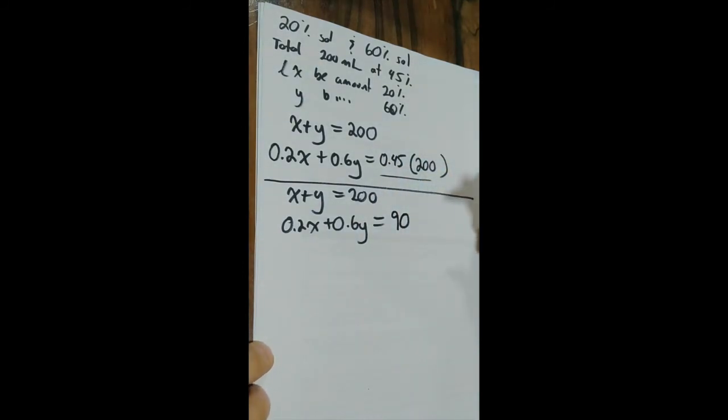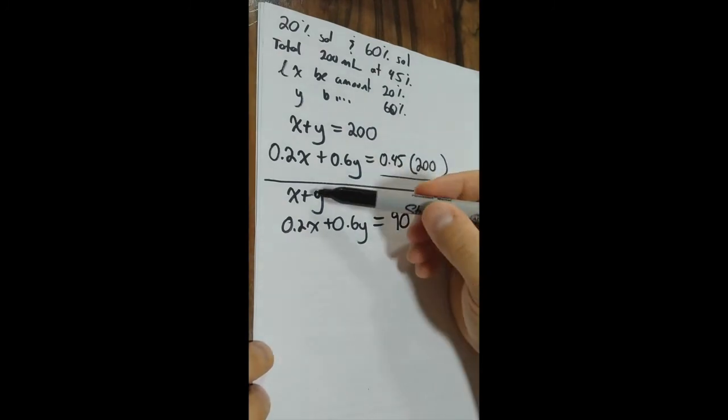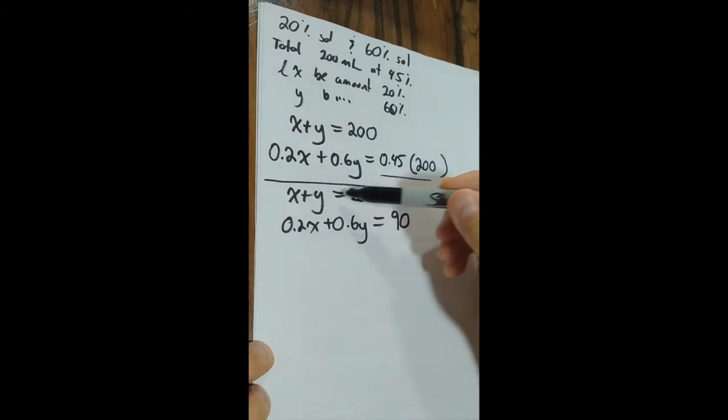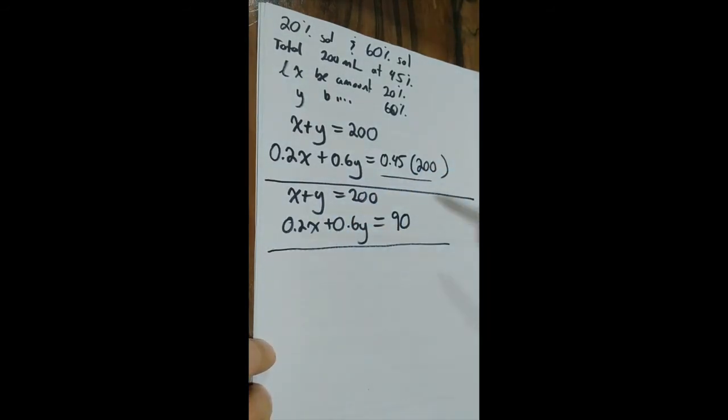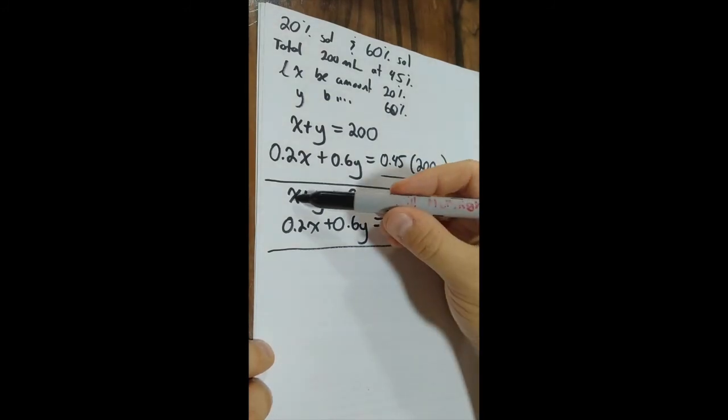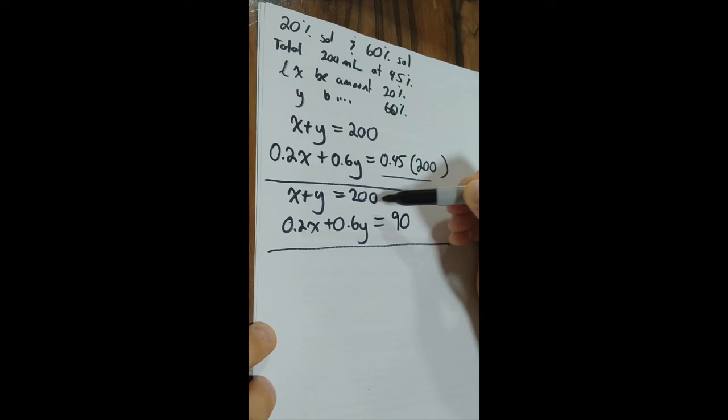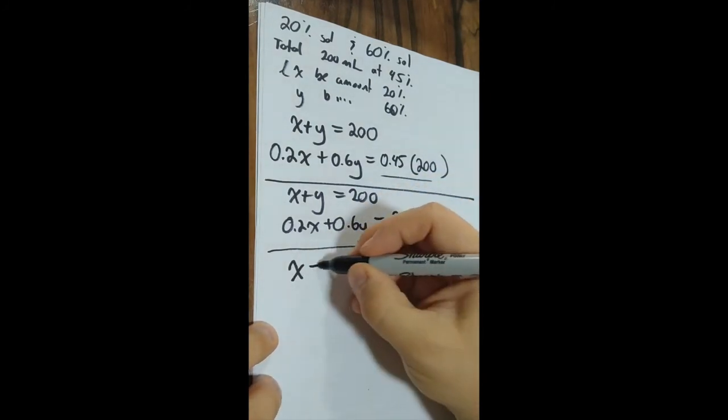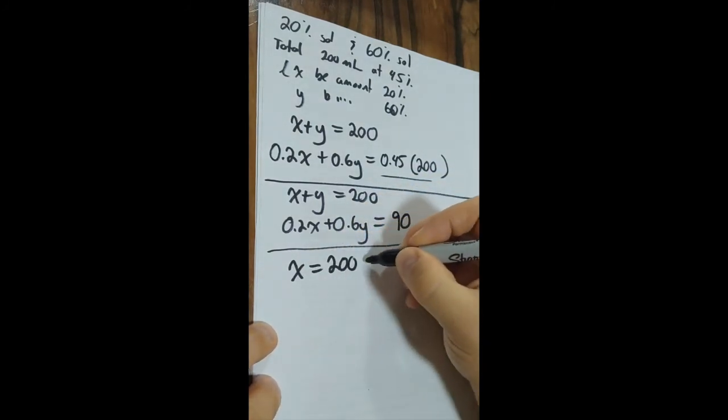Again, substitution is probably our best choice, because isolating one of these variables is going to be really simple. This time I'll isolate X. We subtract Y from both sides, so X is equal to 200